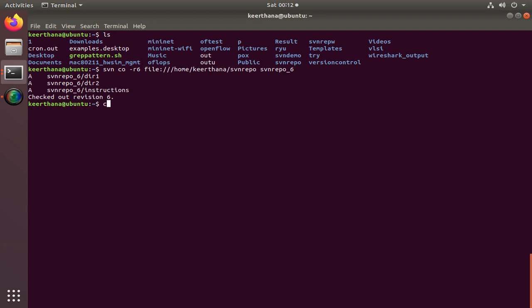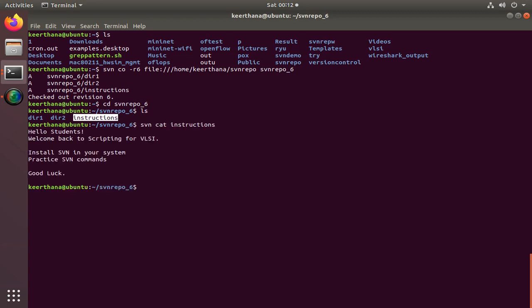Let's go to the working copy svn_repo_6. Now if you want to view the contents of instructions, you can type svn cat instructions.